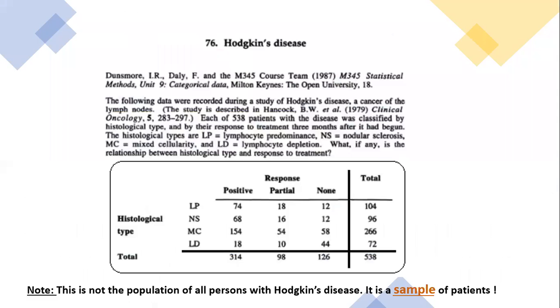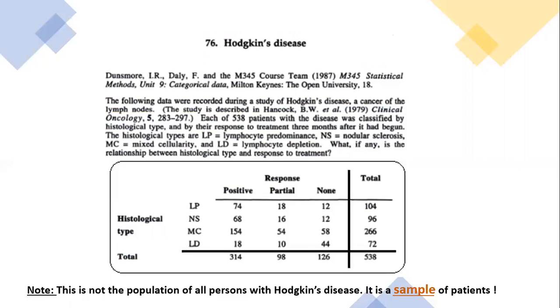Let's look at an example now that refers to a sample. This is a study that was done in the late 1970s having to do with patients who had Hodgkin's disease, which is a type of cancer of the lymph nodes. And in this study, they looked at a sample of 538 different patients. And we have what's called here a two-way table for giving information about these 538 cases. It's a two-way table because for all 538 cases, there were two categorical variables recorded